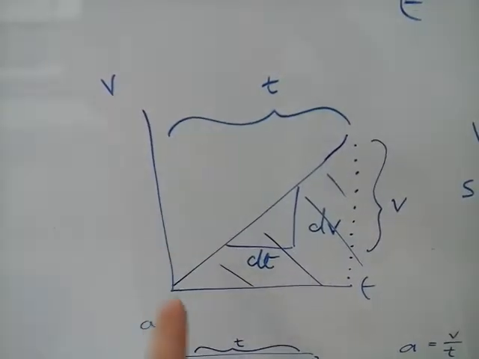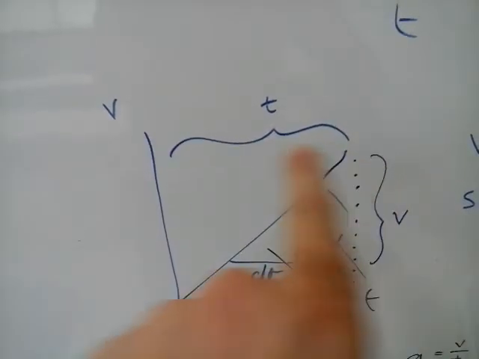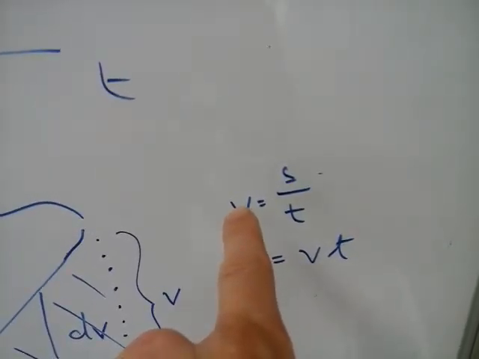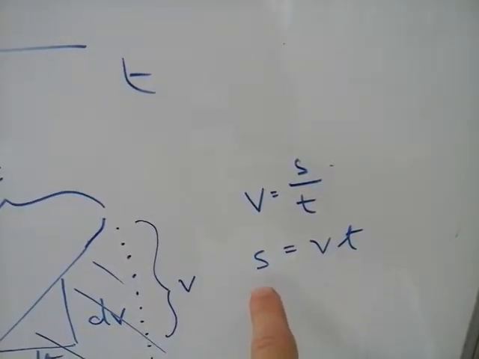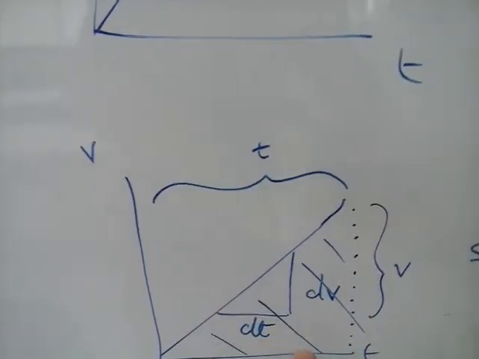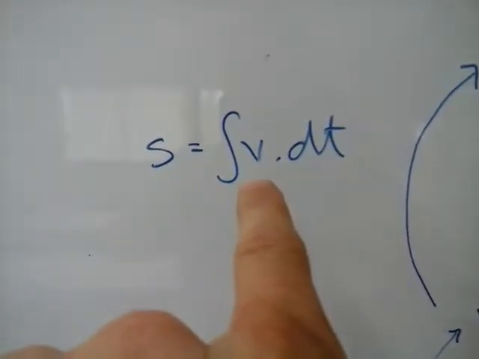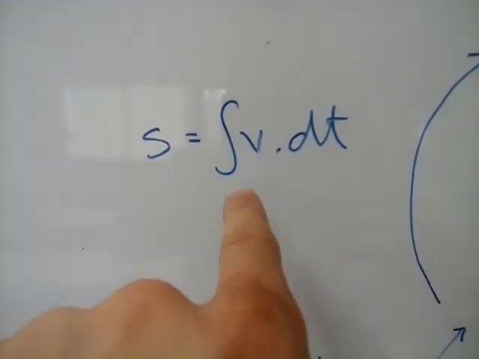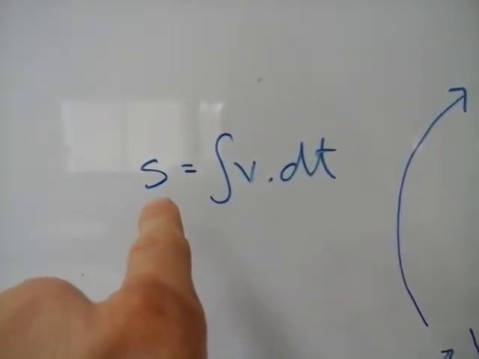Now let's come back to our velocity time graph. Velocity and time. Now if I look at the area underneath that line, it's going to be velocity times time. Now, the original equation is velocity equals displacement over time. So displacement equals velocity times time. Now, velocity times time is the area under that graph. Now, to do areas under a graph, we integrate again. So if I take a velocity function and integrate it with respect to time, I'll end up back at displacement